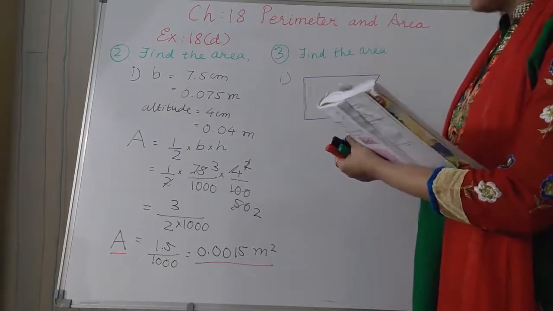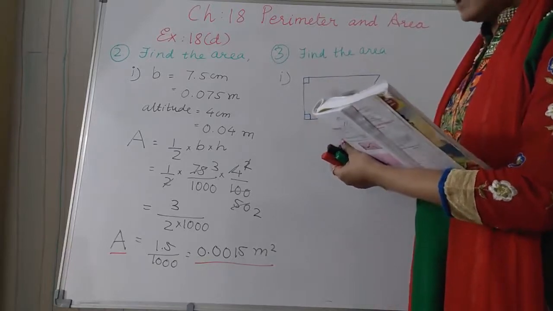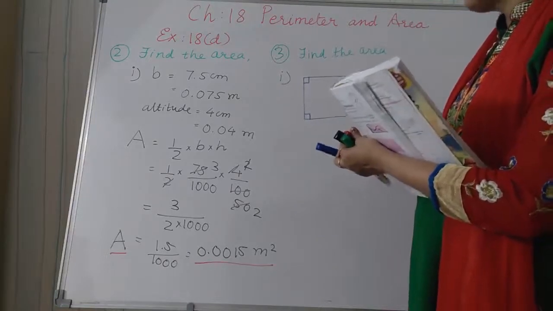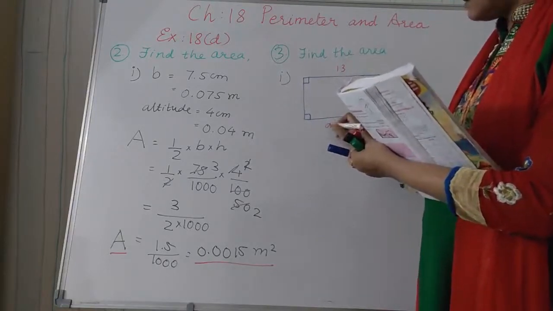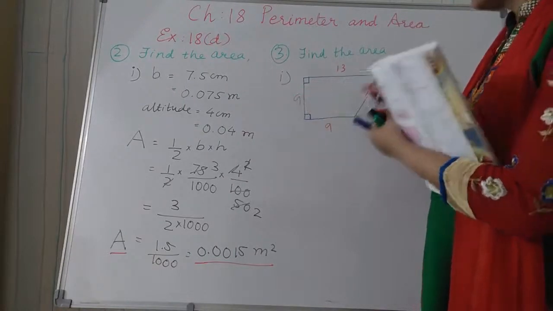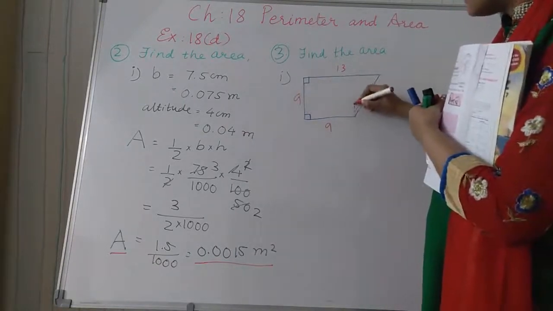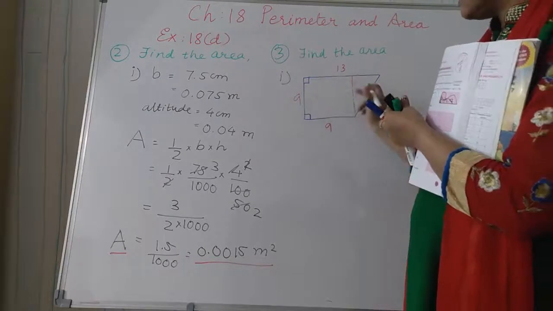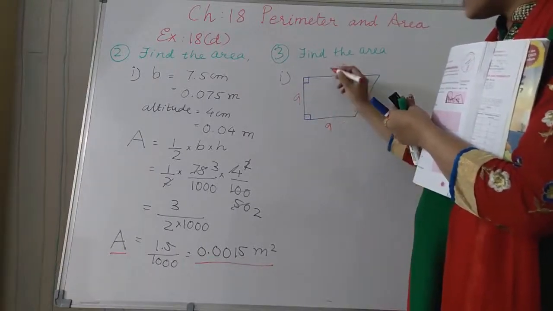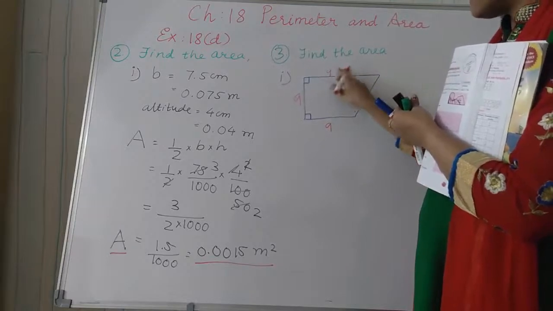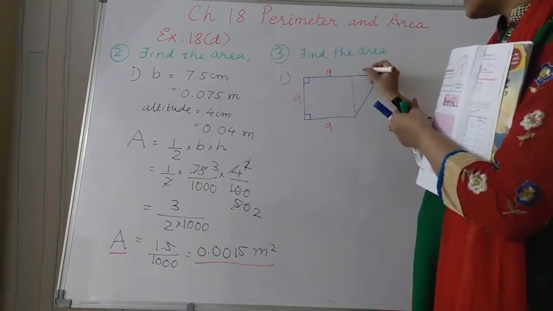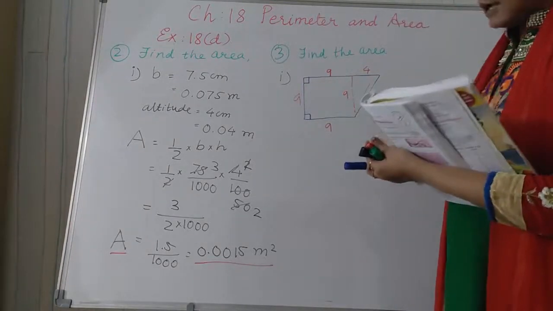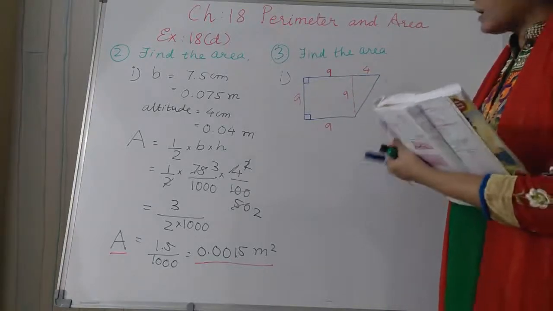This way. Here is 90 degrees and this is also 90 degrees. The values are written there. Here is 13. This is 9 and this is also 9. So if we join this part like this, it will become a square, you see, and this is 9, this is 9, so it must be 9 here also. So 13 minus 9, how many? 4. So it is 4 here. Correct? Now this is also 9, it means this is also 9. So in this way, now we can find this area.